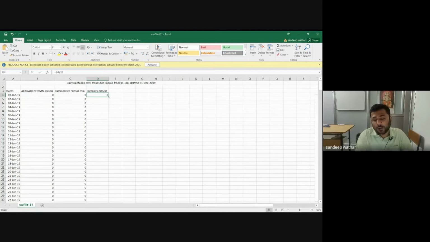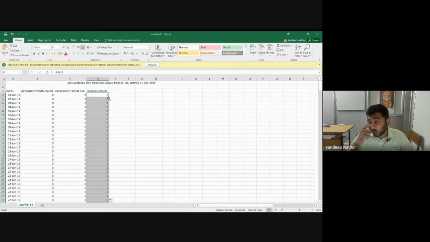But simply because I do not have data of any given storm period, I'm using these values itself. But strictly speaking, you cannot use the hyetograph, or the graph that I'm supposed to draw, for a year. Some people draw it, but it is strictly not usable for yearly or monthly rainfall values. It should be restricted to a particular storm period, because that is what is important for us to interpret a flood rainfall or anything like that.